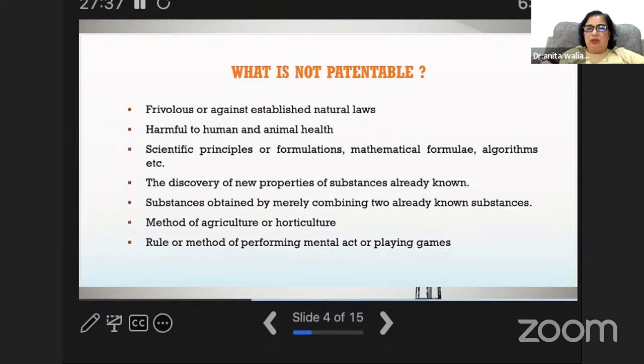So we know that you can patent anything, but there are certain things which you cannot, and I have just given you a short list. According to sections 3 and 4 of the Indian Patents Act 1970, the inventions that cannot be patented are things like those existing in nature or mere arrangements, just like the few examples I have given you.